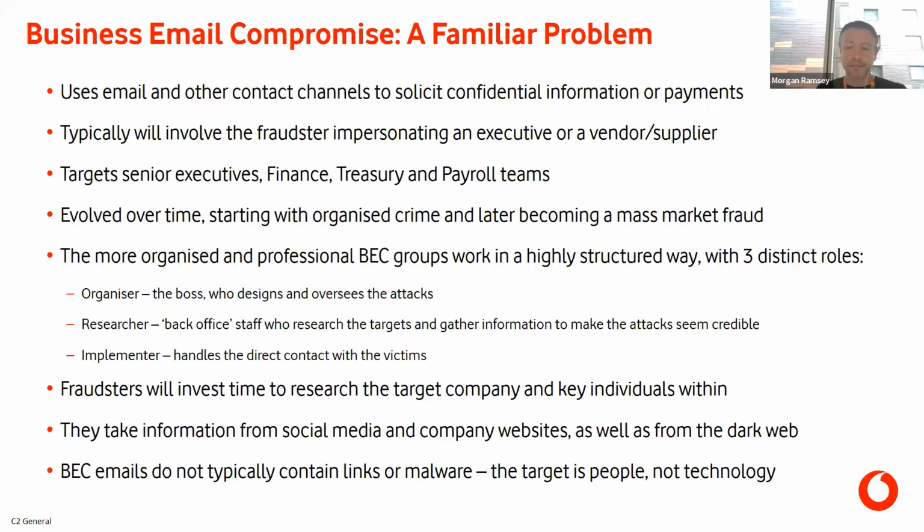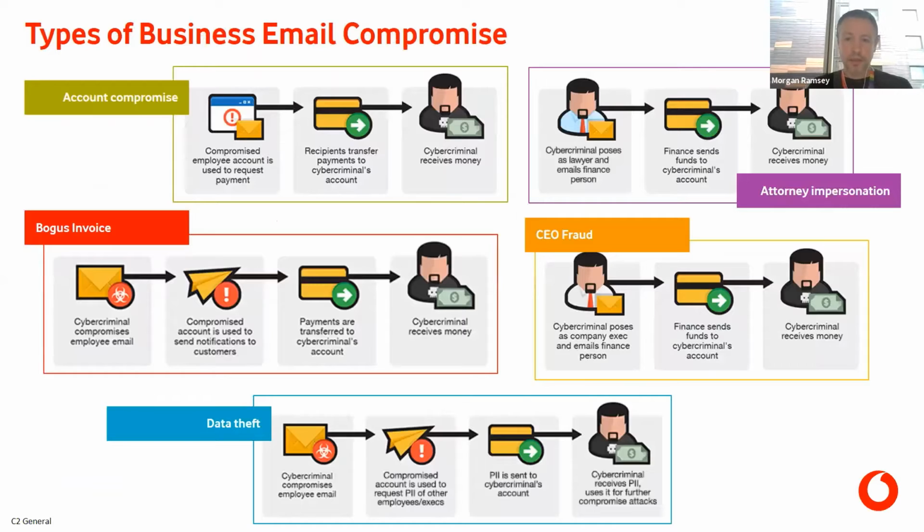So that's just a bit of background on business email compromise. And as I said, probably the most important element of that, linking into what I'll be talking about with vendor email compromise, is the serious organized criminal groups behind this. So there are various types of business email compromise, and it's one of these on the screen that I'll be